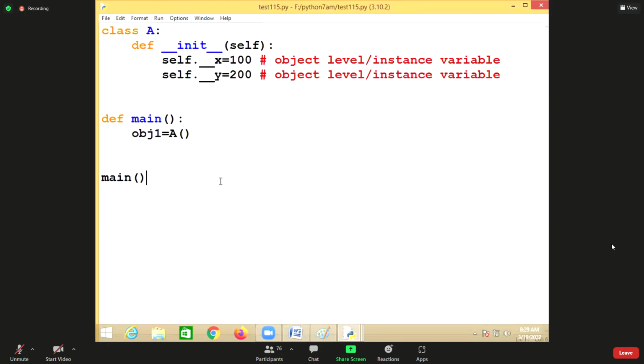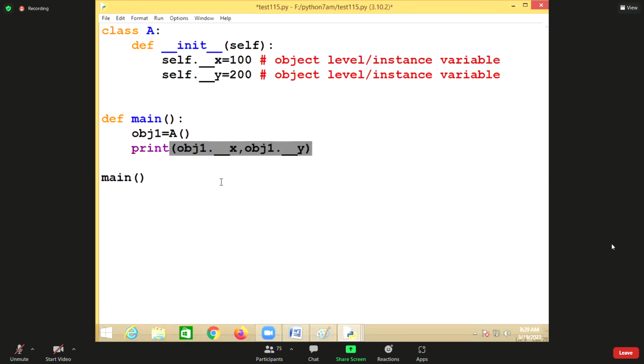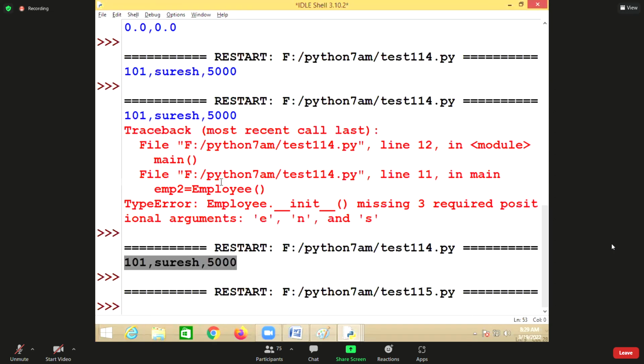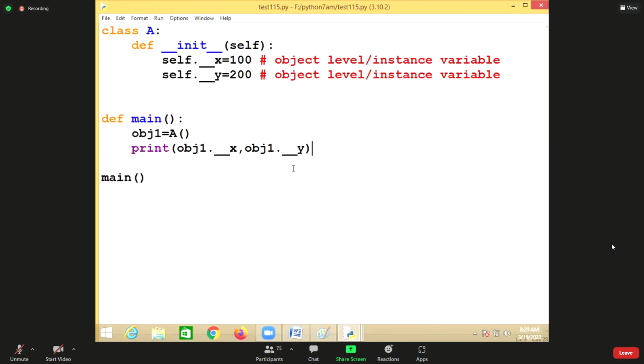It immediately gives an error saying that A object has no attribute called x. But the A object has an attribute called x, yes. x is there, but it cannot be accessed by main, because main is